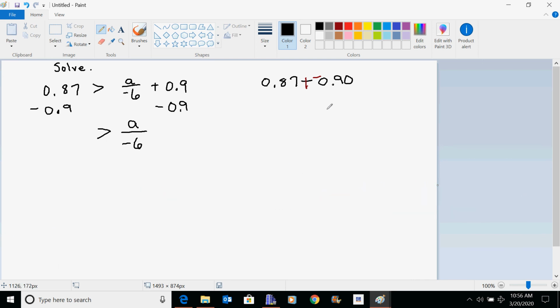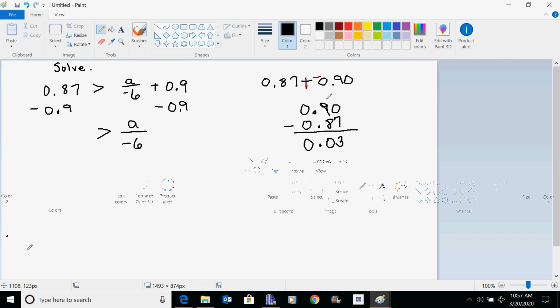That makes it easier to see that the subtracting problem you're really doing is 0.90 minus 0.87, which gives you 0.03, because you've got to borrow. The borrowing is something people tend to forget to do with a problem like this, so make sure that you do that. And over here, we have a negative because the -0.9 is bigger,